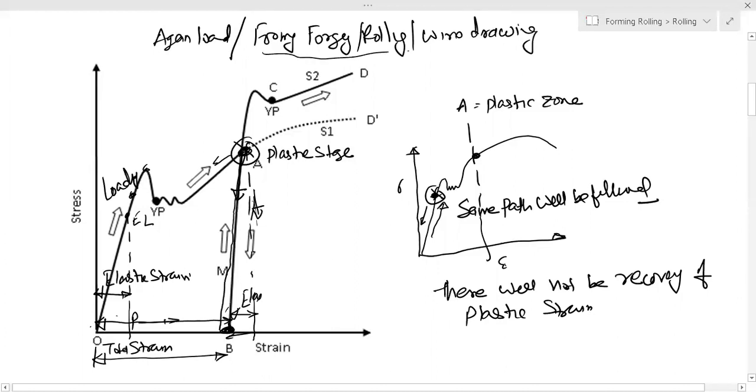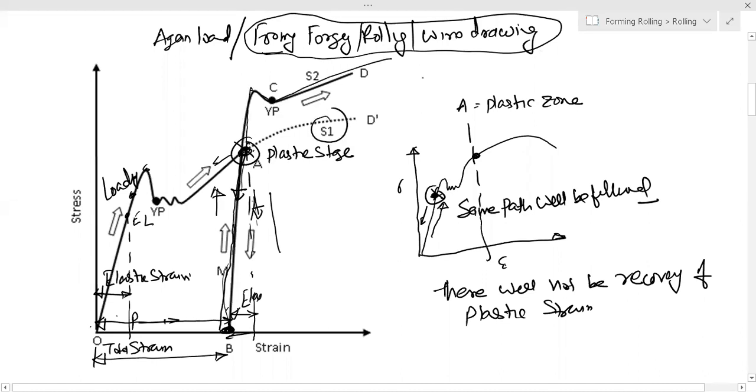In all these processes, that is metal working of metal, basically we are applying load, whether it is tensile load or compressive load or shear load. So now again you apply force, stress will develop and will follow this path. But this time what will happen? It will go beyond this A, and it will follow like this.